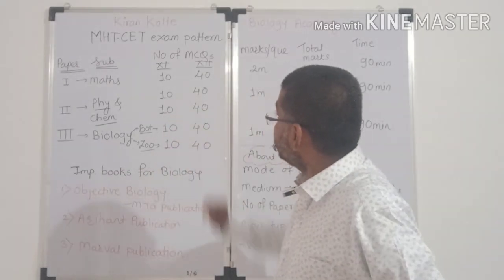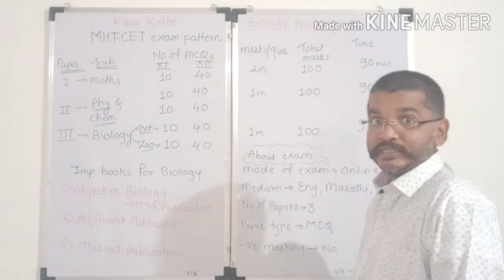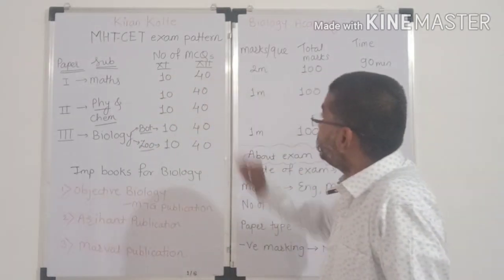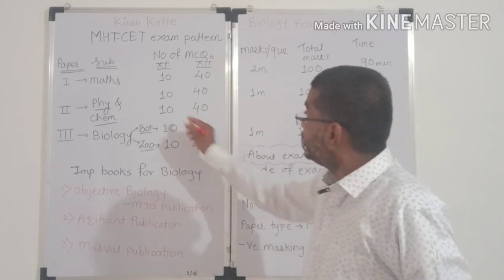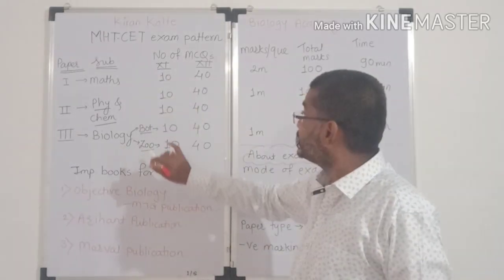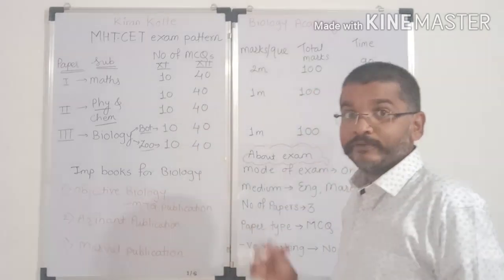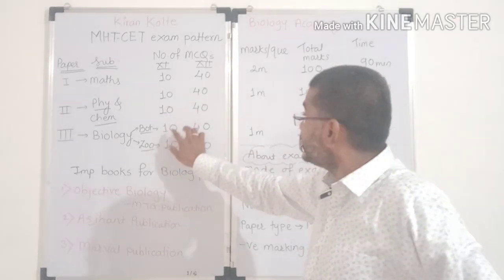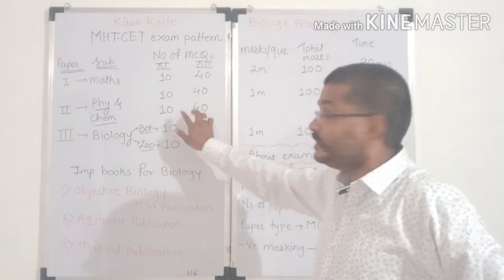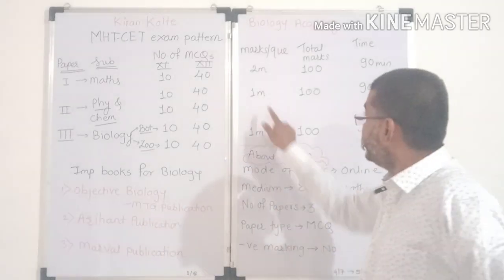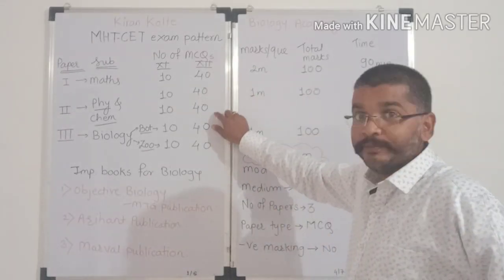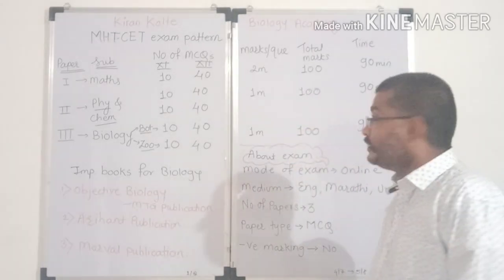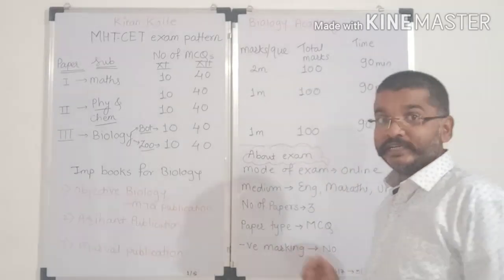It also consists of a total of 100 questions. In physics, 10 questions are from the 11th syllabus and 40 questions are from the 12th syllabus. Same for chemistry, 10 questions are coming from the 11th syllabus and 40 questions from the 12th syllabus. So physics carries 50 questions and chemistry also carries 50 questions. Here each question carries 1 mark. So 50 plus 50, total comes to 100. For physics and chemistry, which is paper second, you will also get 90 minutes.